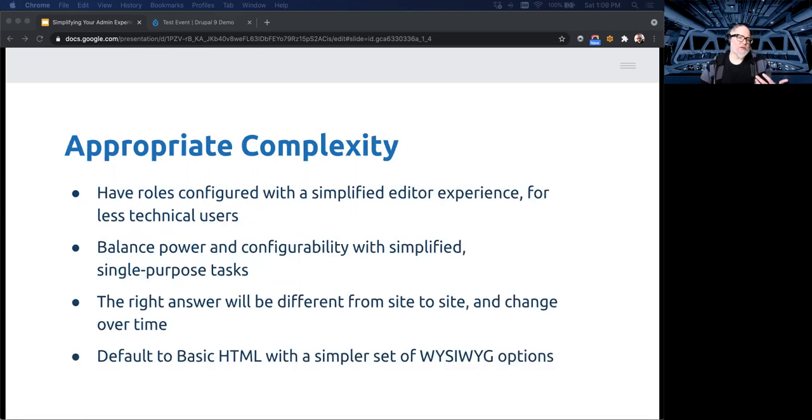I would also encourage you to think about tiers of complexity. So Drupal is great for having the ability to configure different roles with different permissions. And so try and think about having a role that's really specifically geared towards your less technical users and make that experience as simple as possible. And then maybe have, let's say, an editor role that's